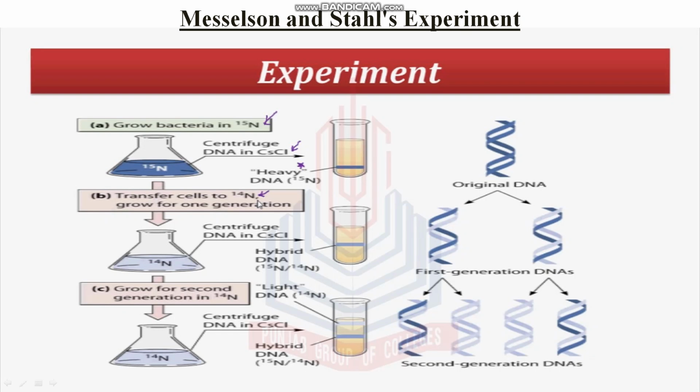You can see here, this is the original DNA, this is the first generation of DNA, and this is the second generation of DNA, meaning the second replication is there. You can see this is the 14 nitrogen, and this is the 14 nitrogen. Both are here. So this is all about the Meselson and Stahl experiment. It shows the semi-conservative nature of DNA, right? That one helix of DNA is obviously the parental DNA, and the second one is the newly formed helix or newly formed strand.